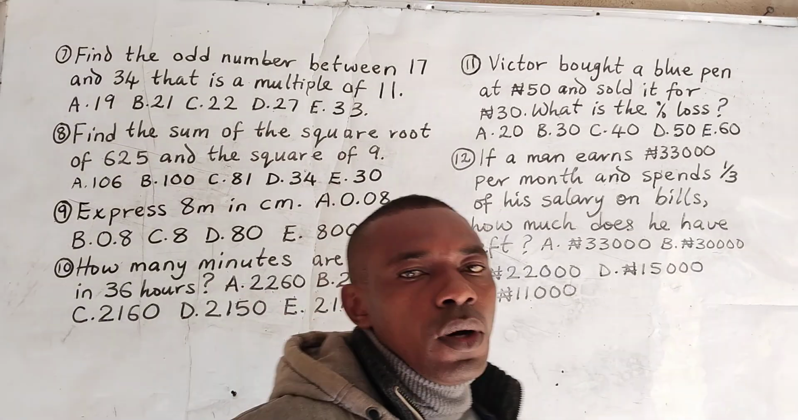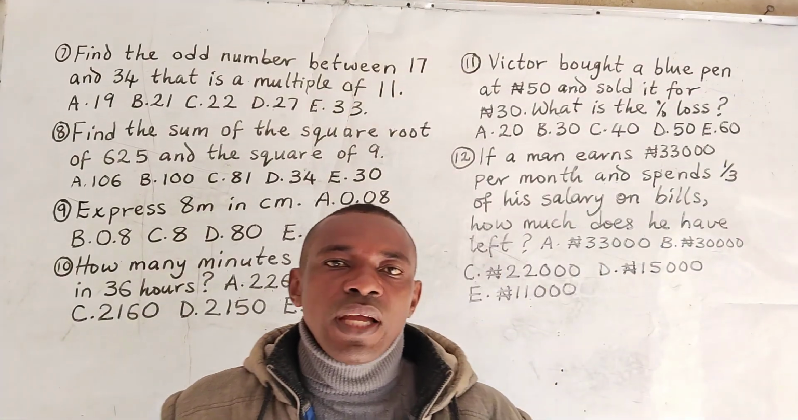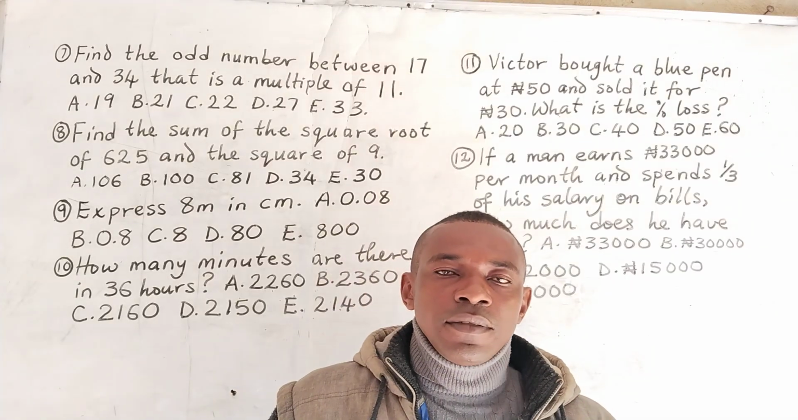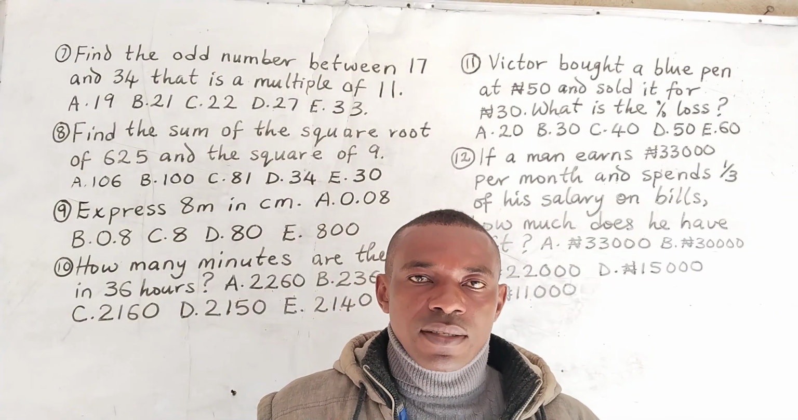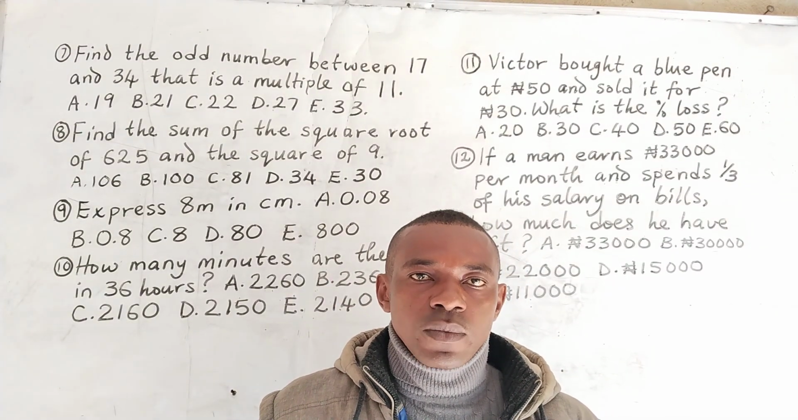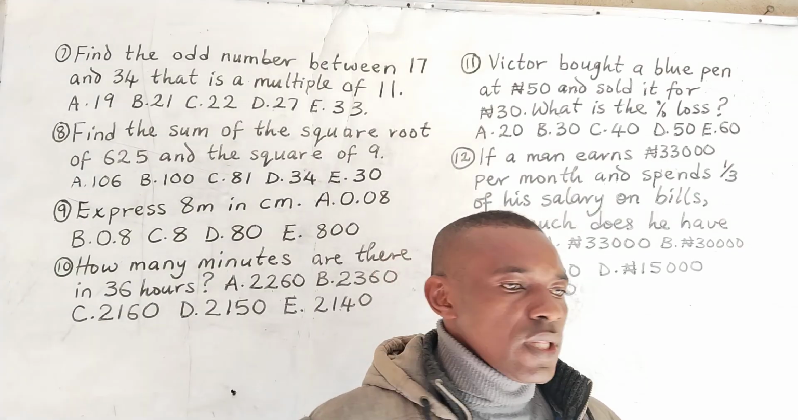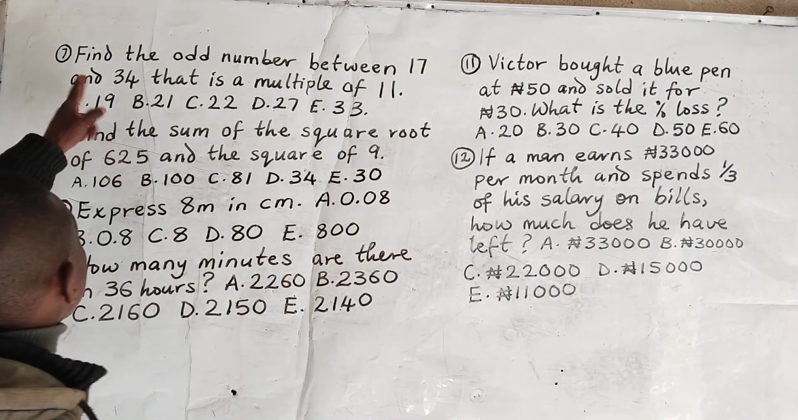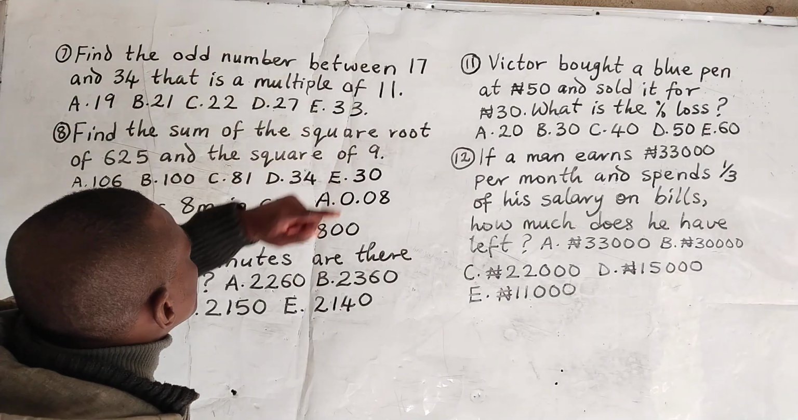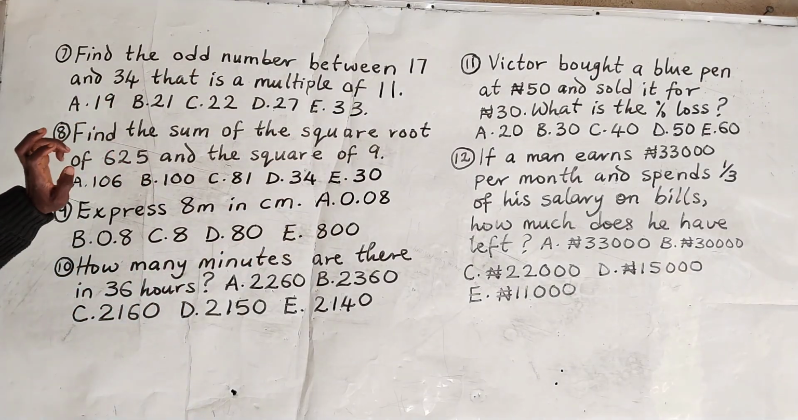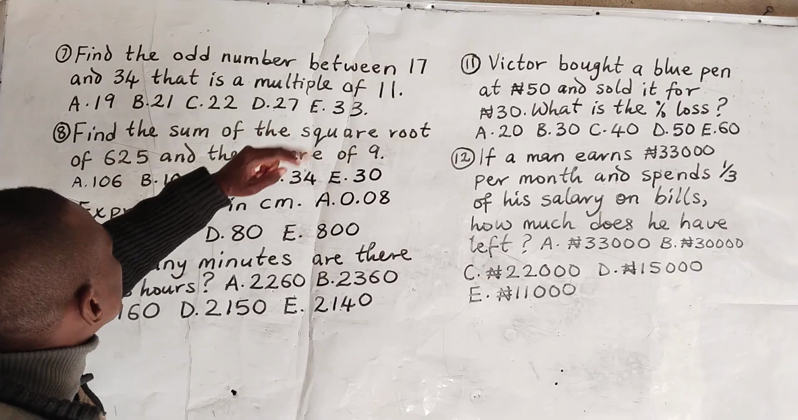We are still on 2023 National Common Entrance Examination past questions. And in this part 2, the first question that we have here says, find the odd number between 17 and 34 that is a multiple of